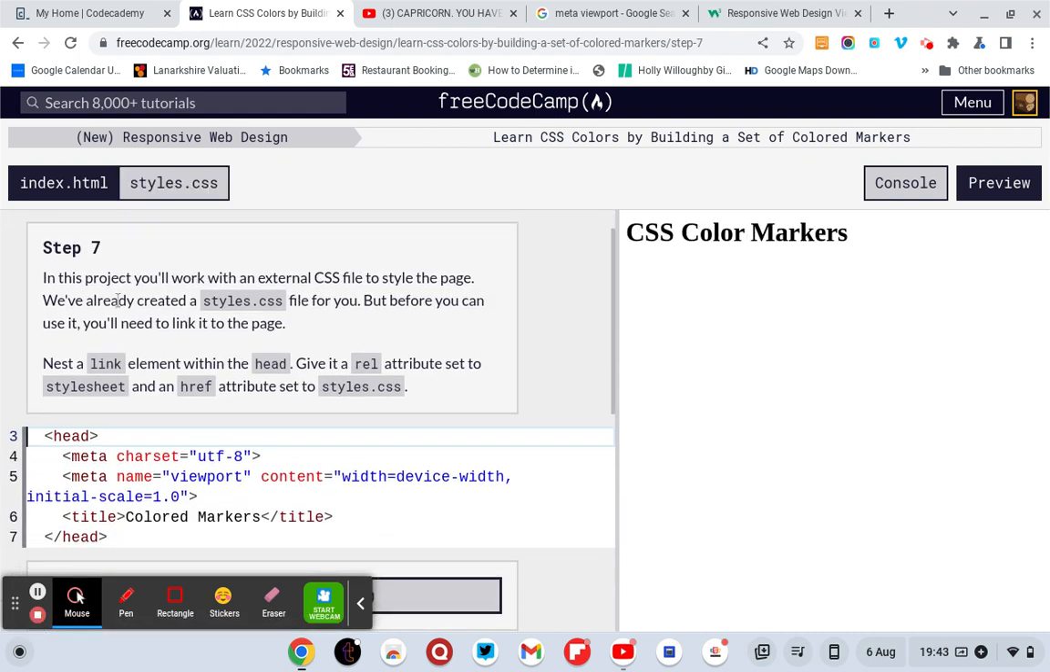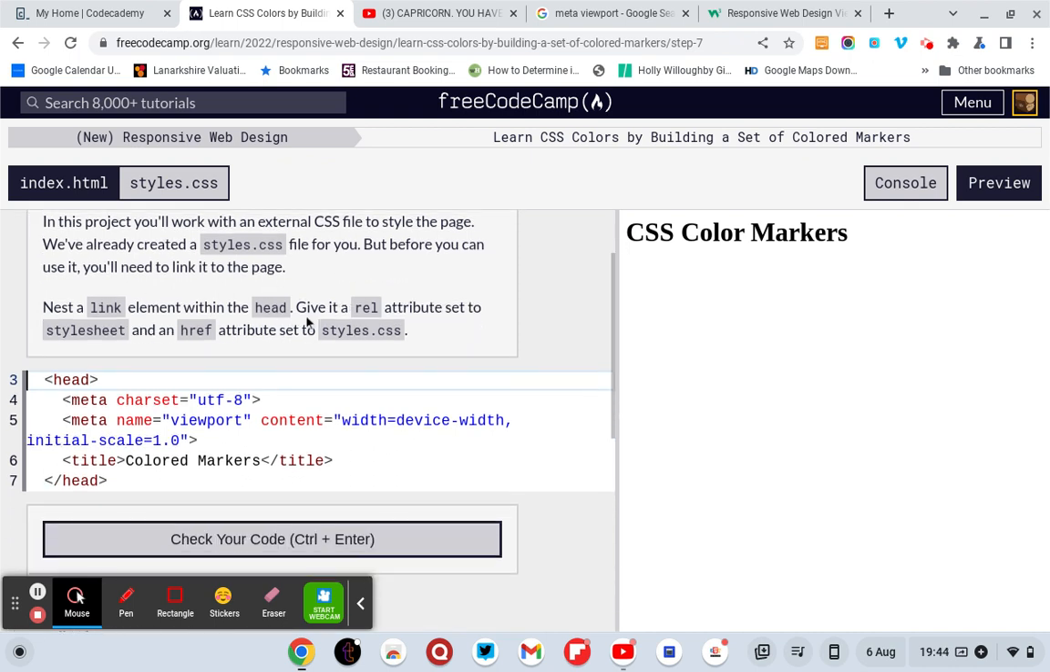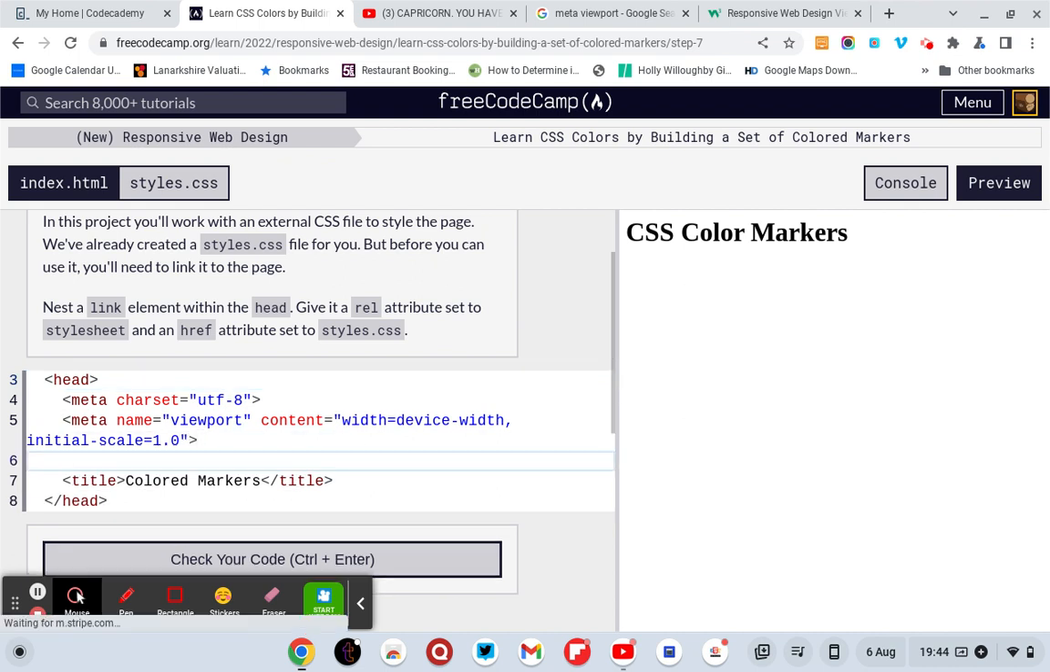Okay, moving on. In this project, you'll work with an external CSS file to style the page. We've already created a styles.css file for you. Before you can use it, you'll need to link the page. Nest a link element within the head, give it a rel attribute set to style sheet and an href attribute set to styles. Right, so in the head element, so link